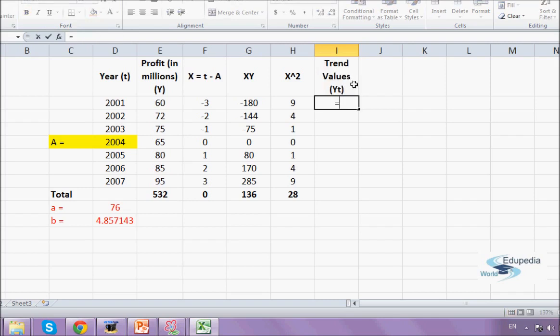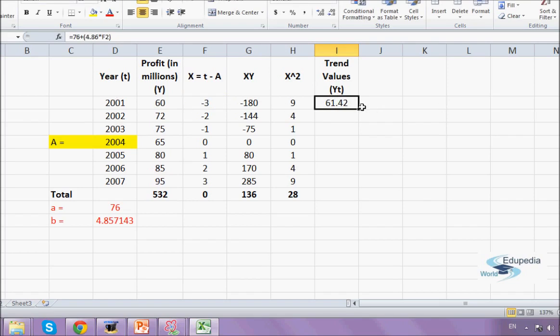Okay, and the equation for yt we have seen is a plus bx, which is 76 plus 4.86 multiplied by x, and the value of x here is this one. That's the value of the trend in the first year, that is in the minus third year,